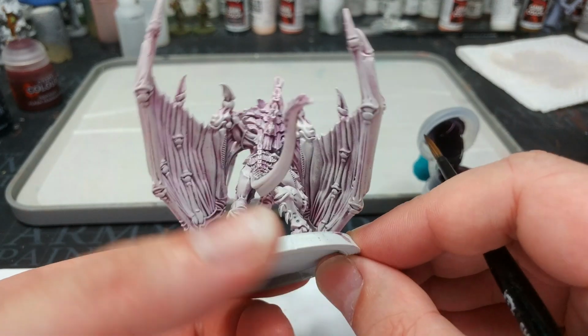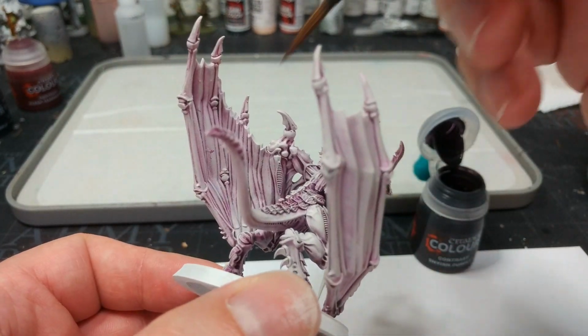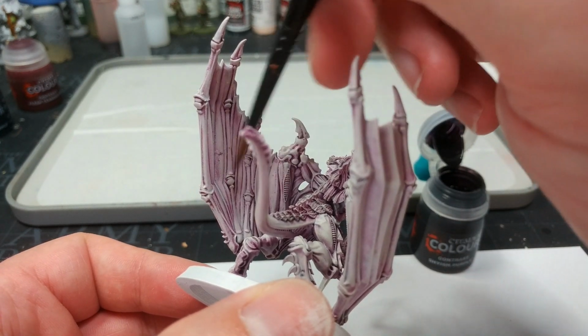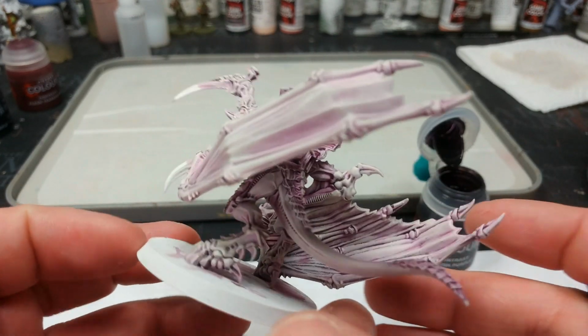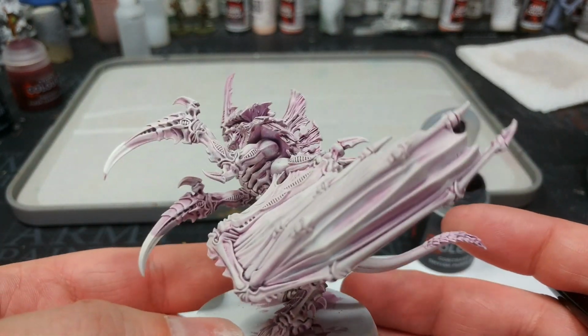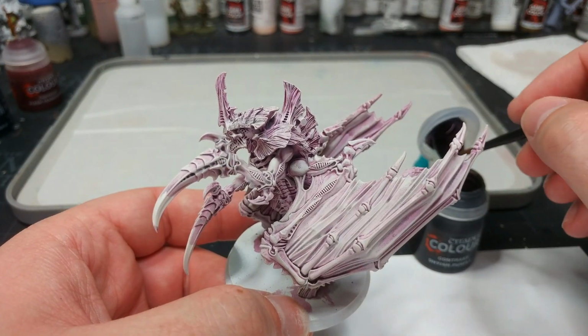You'll see on the backs of his wings, it's a little bit rough by comparison. It is a little bit difficult to dry brush up inside in the way that I normally do, but I'm not too worried because those bits are not ordinarily going to be seen. So, shh, don't tell anybody, and I won't either. What we'll move on to now is...